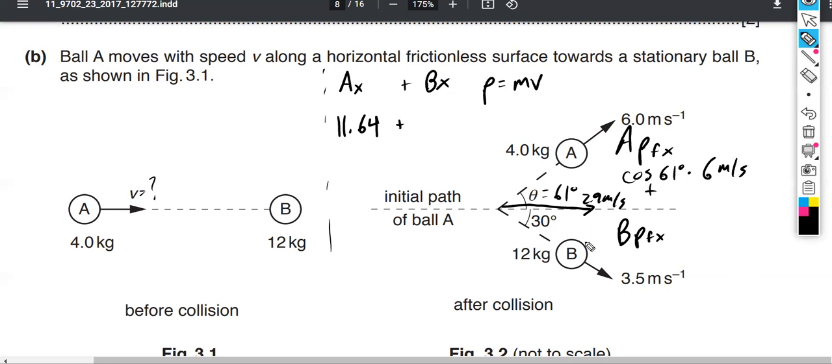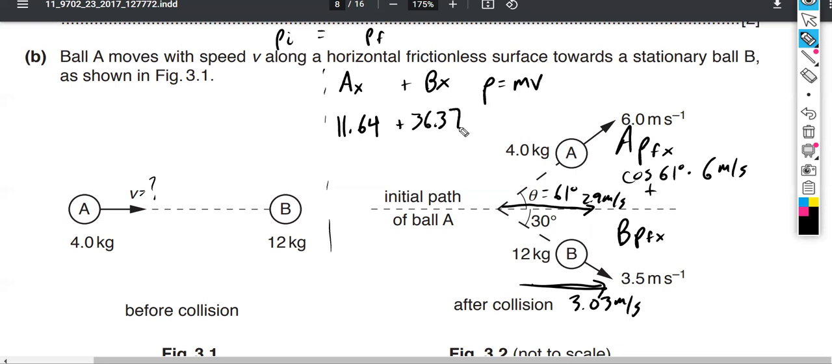So for B, we've got the cosine of 30 degrees times 3.5. Again, cosine 30 times the hypotenuse gives us the x component. So this vector here has an x component of 3.03 meters per second. When we multiply that by 12 kilograms, we realize that the momentum, so this is like momentum final, momentum initial, is